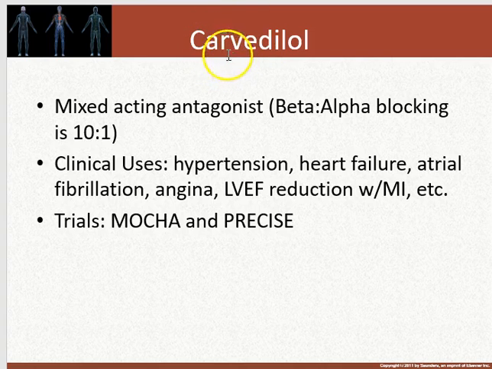So carvedilol, as I said, has mixed-acting antagonist activity, and the beta to alpha blocking ratio is nearly 10 to 1. So that's about 10 beta 1 receptors for every 1 alpha 1 receptor. Clinically, it's used for hypertension, heart failure, AFib, angina, reduced left ventricular ejection fraction, and myocardial infarcts. So relatively a great drug with lots of disease indications. And the trials that reported the beneficial effects of carvedilol include MOCA and PRECISE,